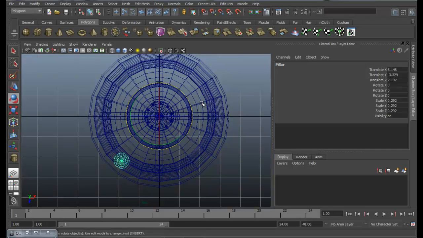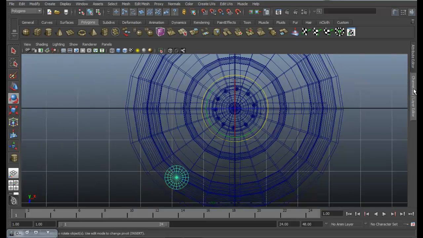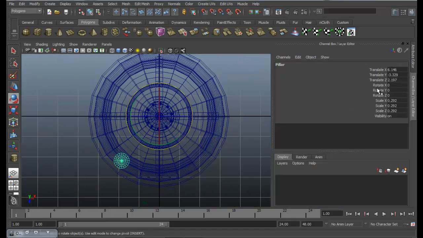and then press the E key, and if you go to channel box editor, you can see a rotation XYZ value. If you rotate through y-axis, you can see the value are changing. So let us just duplicate it once, Control D, and position it where you want.